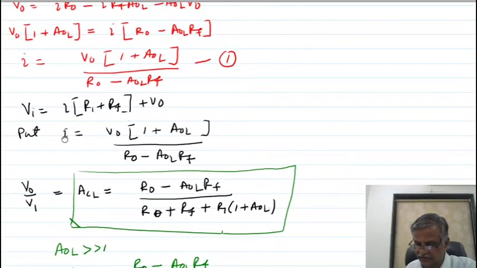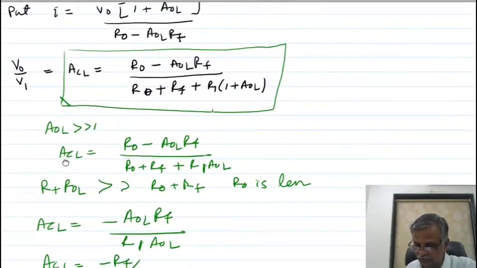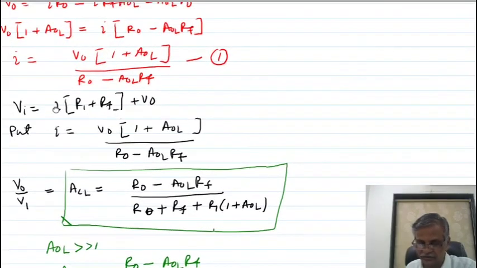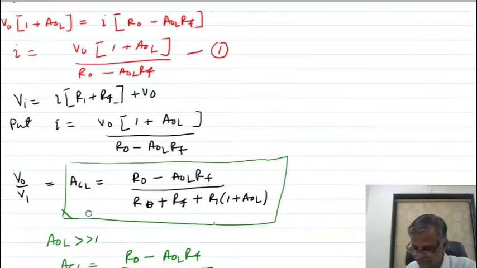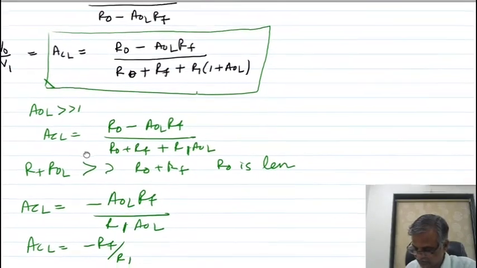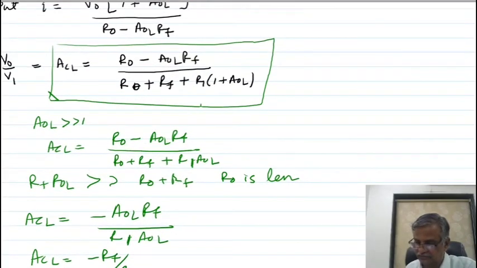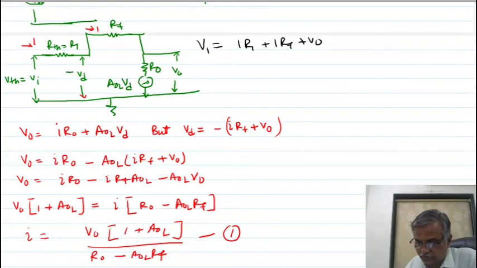I have calculated only the input current, and I am putting this input current here in this equation. You will get your answer. Now the second derivation I am doing. From this you can calculate RF. Remember, RF is nothing but VD by current, so I am finding it by this equation.